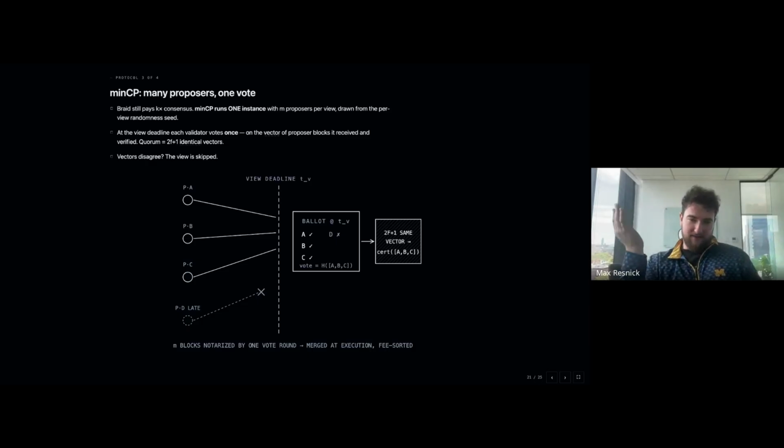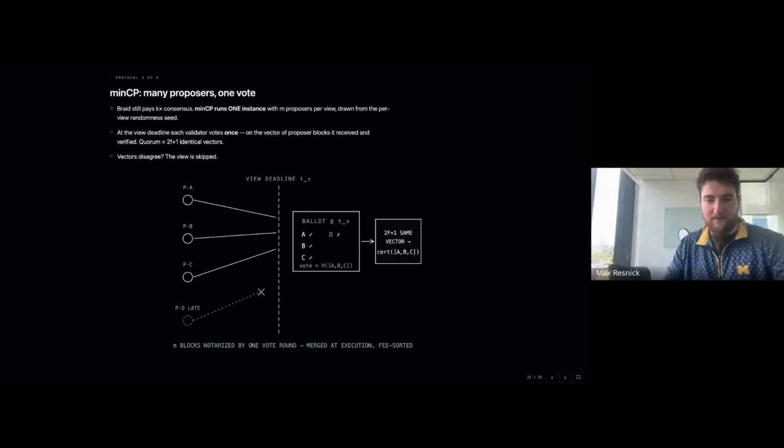Yeah, there's a number of things that could happen here. So I think there's probably multiple things mentioned, but let me take them one by one. So one thing I might do if I'm a rational proposer is I still want to wait as long as possible to release my block. And so I kind of creep up to the deadline, and occasionally I am too late. And when I'm too late, I split the view and everybody's block gets skipped. So that's one issue with this particular MinCP approach.